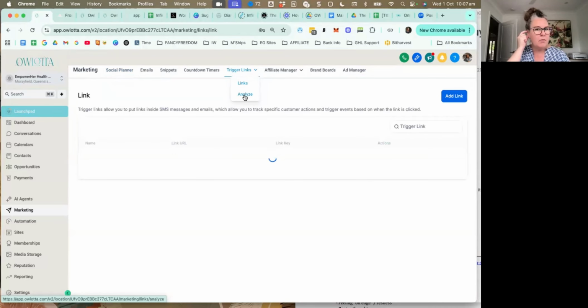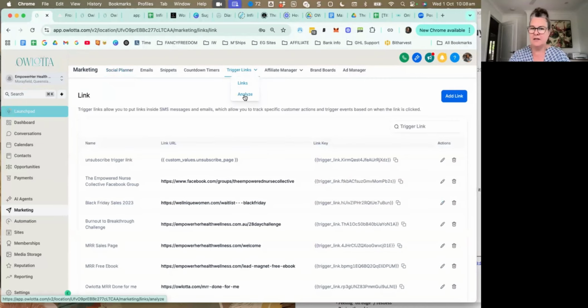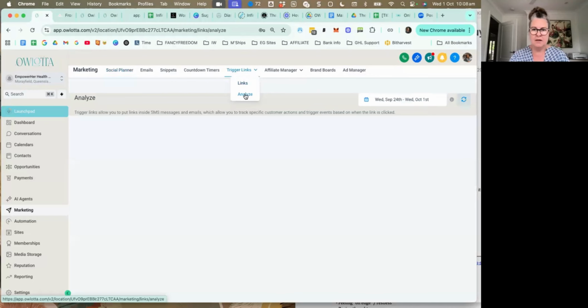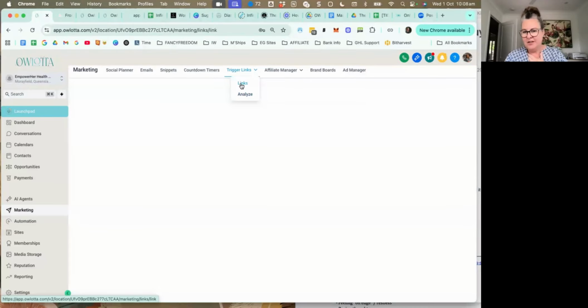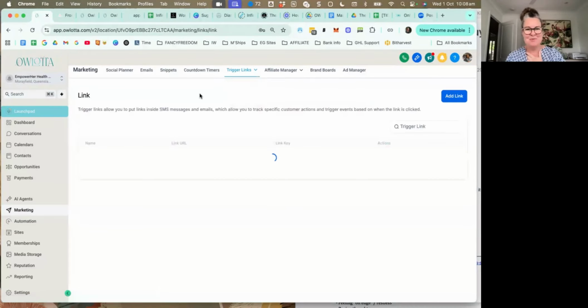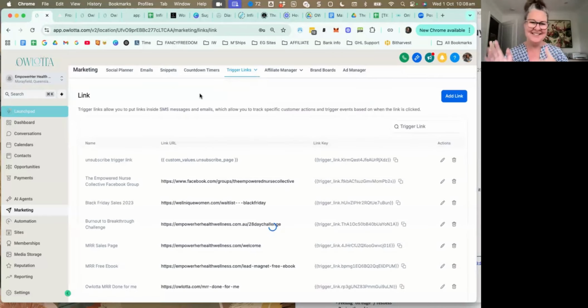And they just added this analyze button on your trigger links. So there'll be some changes in here from what I'm reading. They're doing some updates on trigger links and how they function. So just when I thought I could record a video, Sonia, it's all going to be different. But ultimately in the trigger links,